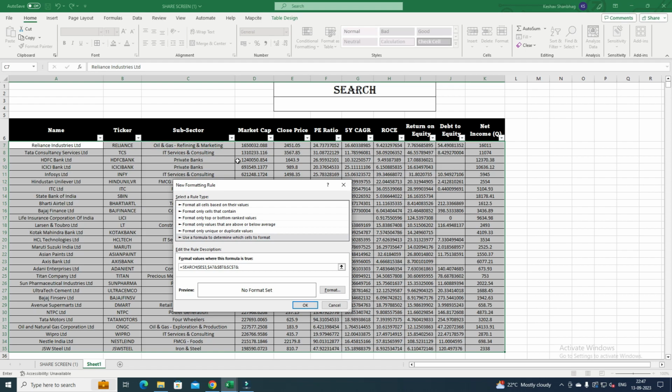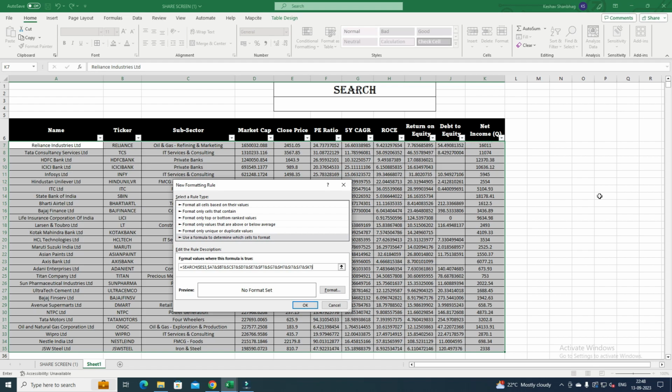C7 again. So continue till K7. Now I have completed C7 and now it is D. Press F4 and ampersand, then E, F4 and ampersand, F, F4 and ampersand, G, F4 and ampersand, H, F4 and ampersand, I, F4 and ampersand, J, F4 and ampersand, and K. After pressing F4 twice for the last cell of the first row of the data,